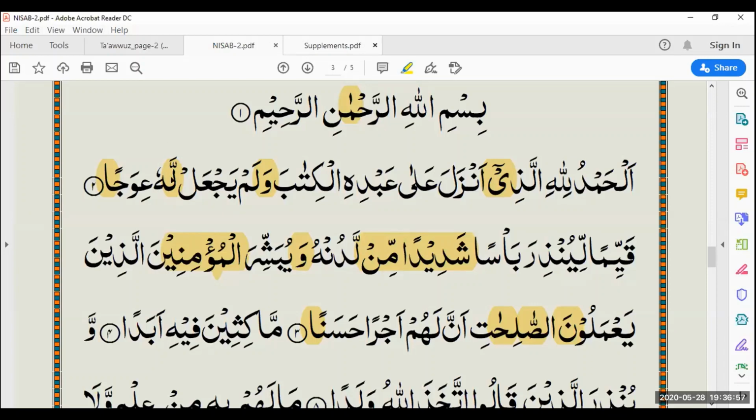Okay. So the mistake here was that lam has mushaddad. That was correct. Well done for emphasizing it. But it has fatha stroke on top. And the rule for fatha stroke is that you have to prolong it only for 1 second. So you prolonged it for more than 1 second. So try again, okay. Excellent. Very well done.